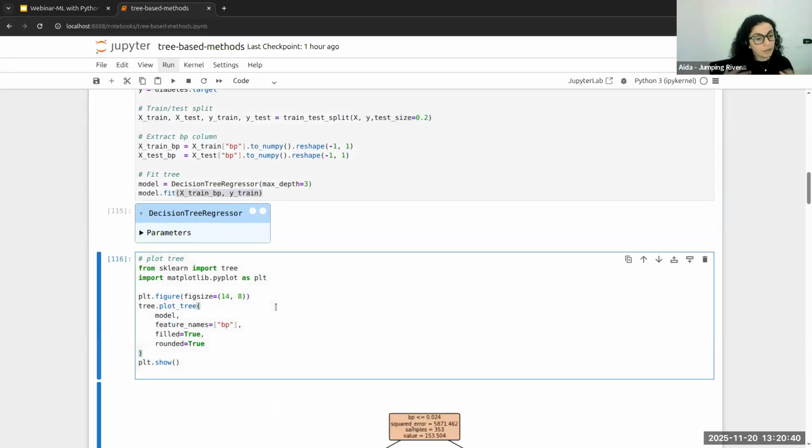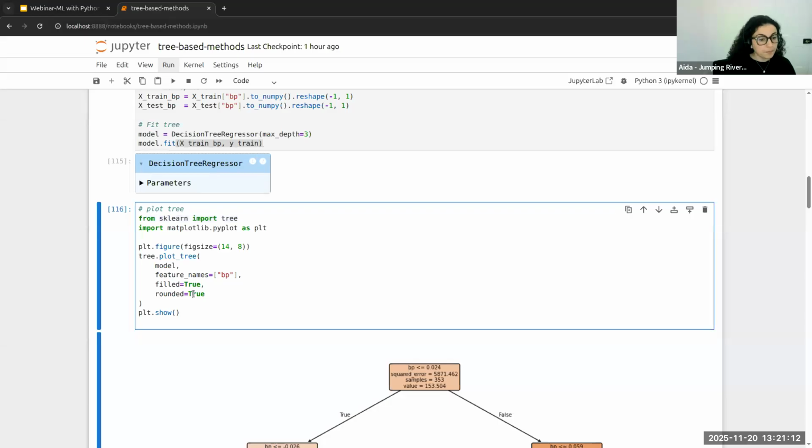And so once I've got the model, the object that has been fitted, I'm able to use the output of this model to visualize the tree, right? How the method has performed on this data. So from the scikit-learn package, I import the tree class, and then I use pyplot from the matplotlib library to visualize the plot as well.